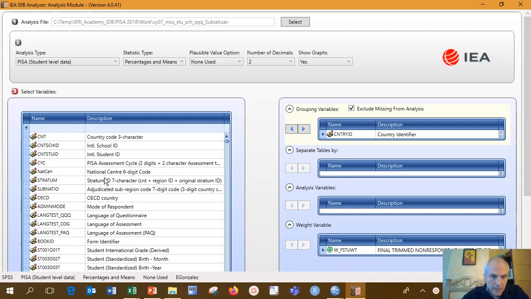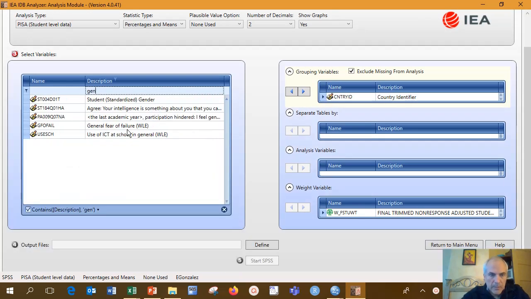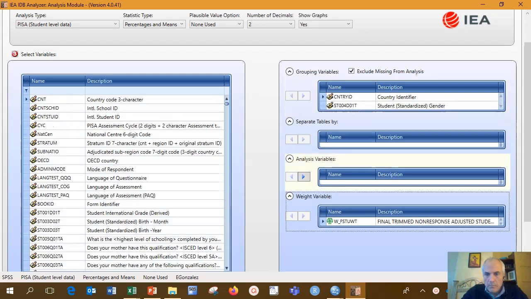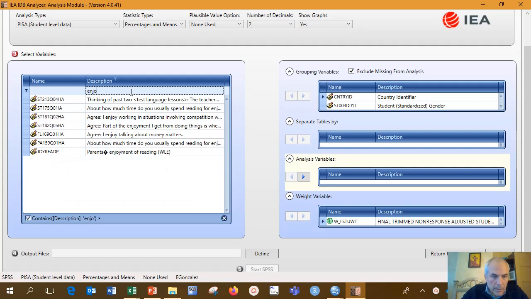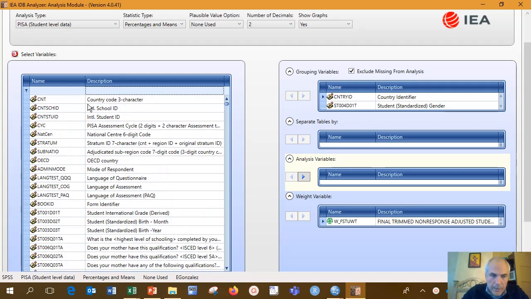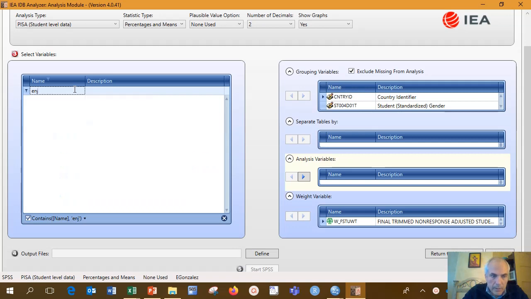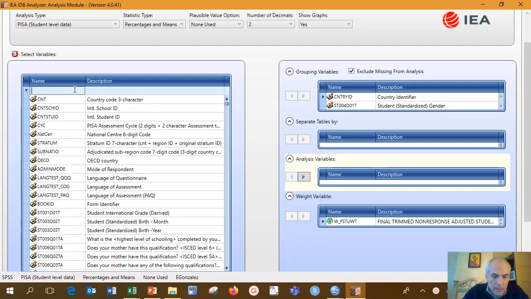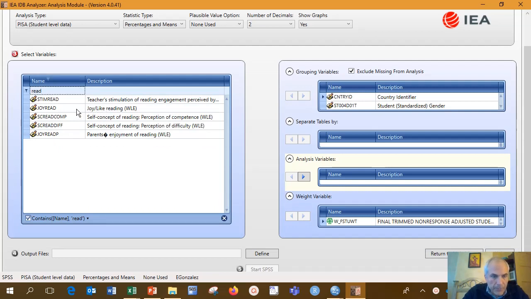So I'm going to click select here, and there's a gender variable. Select there, gender, student standardized gender. Going to be a grouping variable. And then our analysis variable is going to be reading enjoyment. So I'm going to look for it here, enjoy, and it doesn't show up there, so let's look for it here. Enjoy, read, joy read. Here we go. So sometimes you gotta try it different ways to make sure that you get the right variable. So read joy,